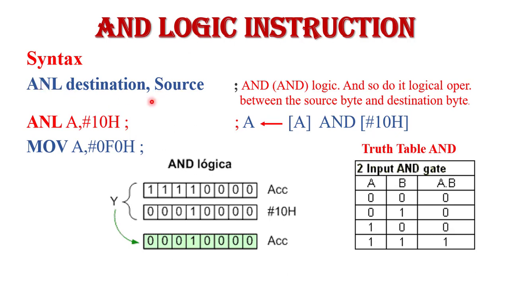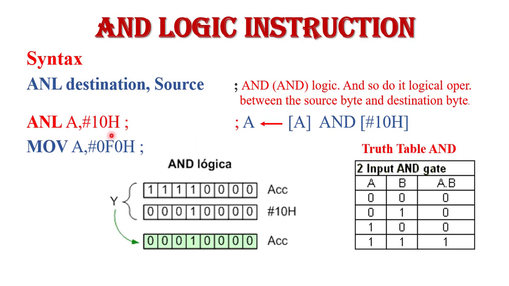This instruction tells that we perform an AND operation between the source data and the destination data, and the result is stored in the destination location. And we know that in the case of a logical or arithmetic instruction, the destination is always the accumulator register. So the end result is stored in the accumulator register itself. The AND logical instruction also supports different types of addressing mode.